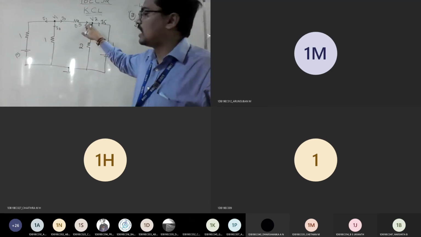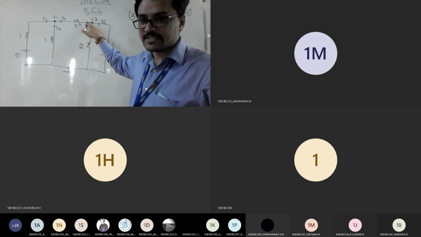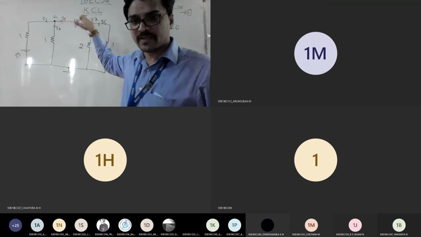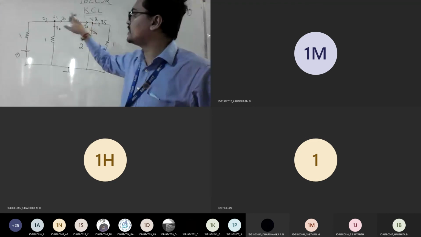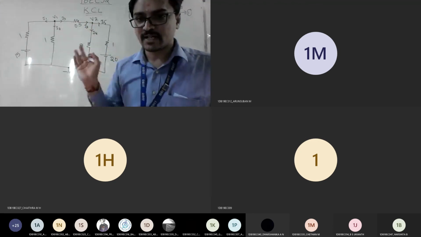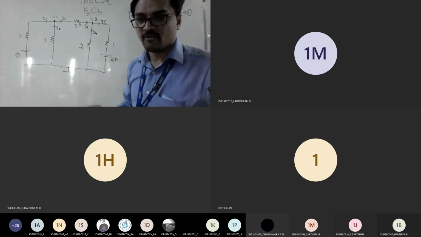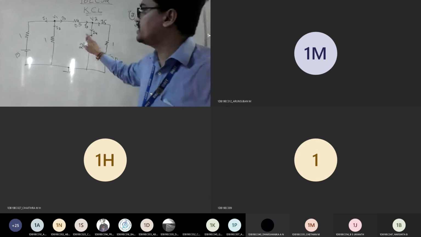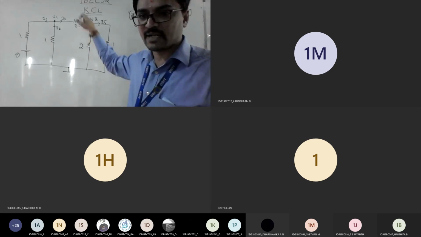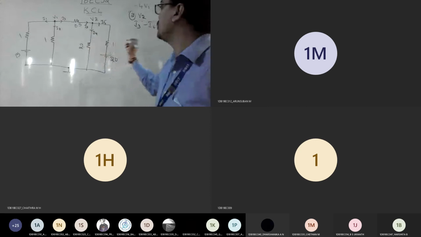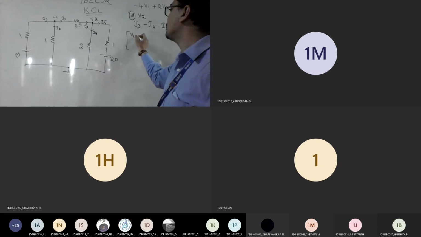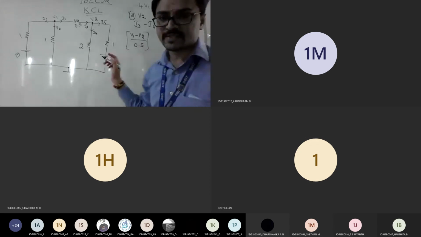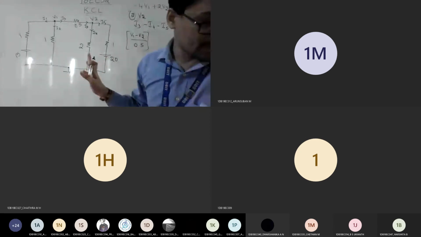I will repeat. I3 is entering, but from which point? From this V1 only. Since it is coming from the previous one, don't write V2 minus V1 by 0.5. That analogy will come for the next method where we won't consider any current; there we'll write the equation as it is, which I will teach later. But here, since the current is entering, it is coming from the previous end. So I can write this I3 as V1 minus V2 by 0.5. This is the only mistake you will commit while analyzing method 1.